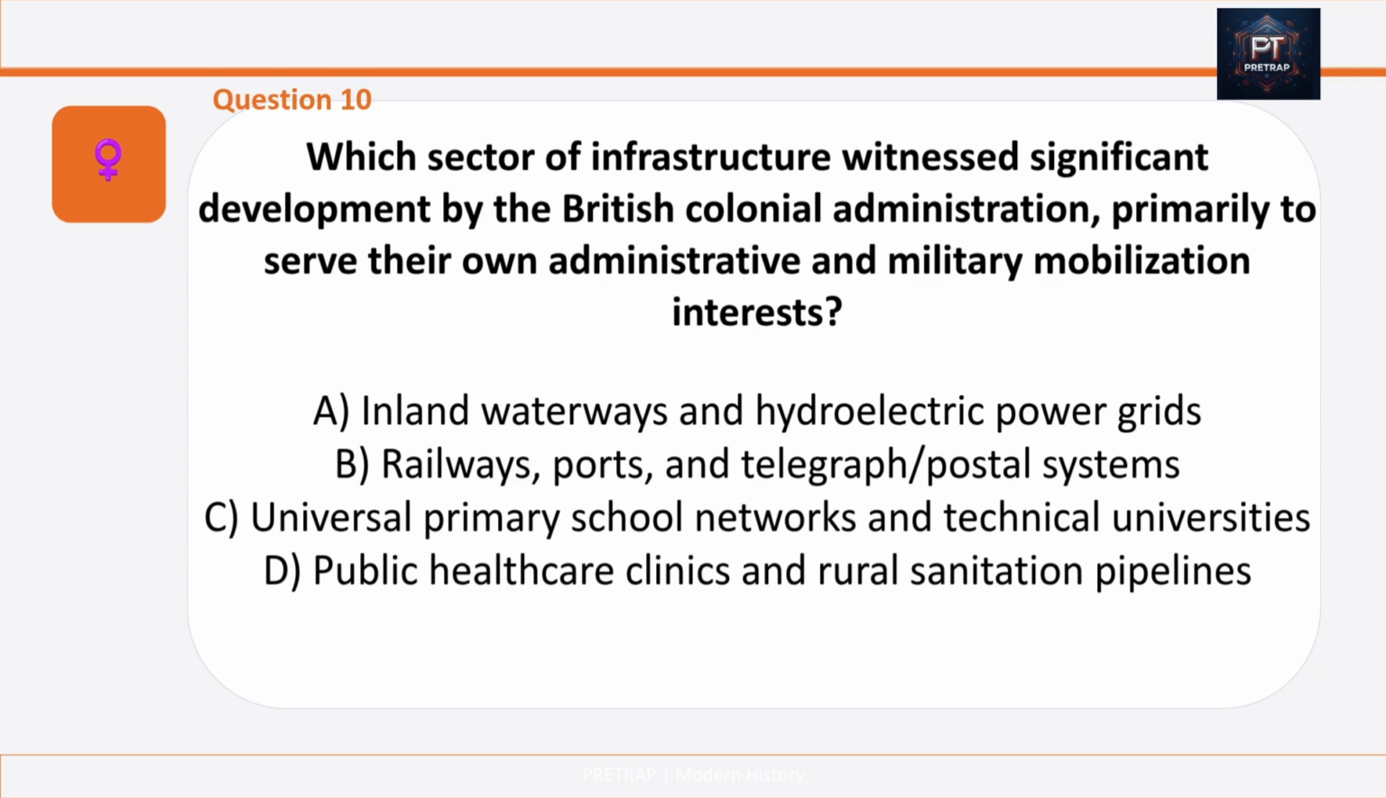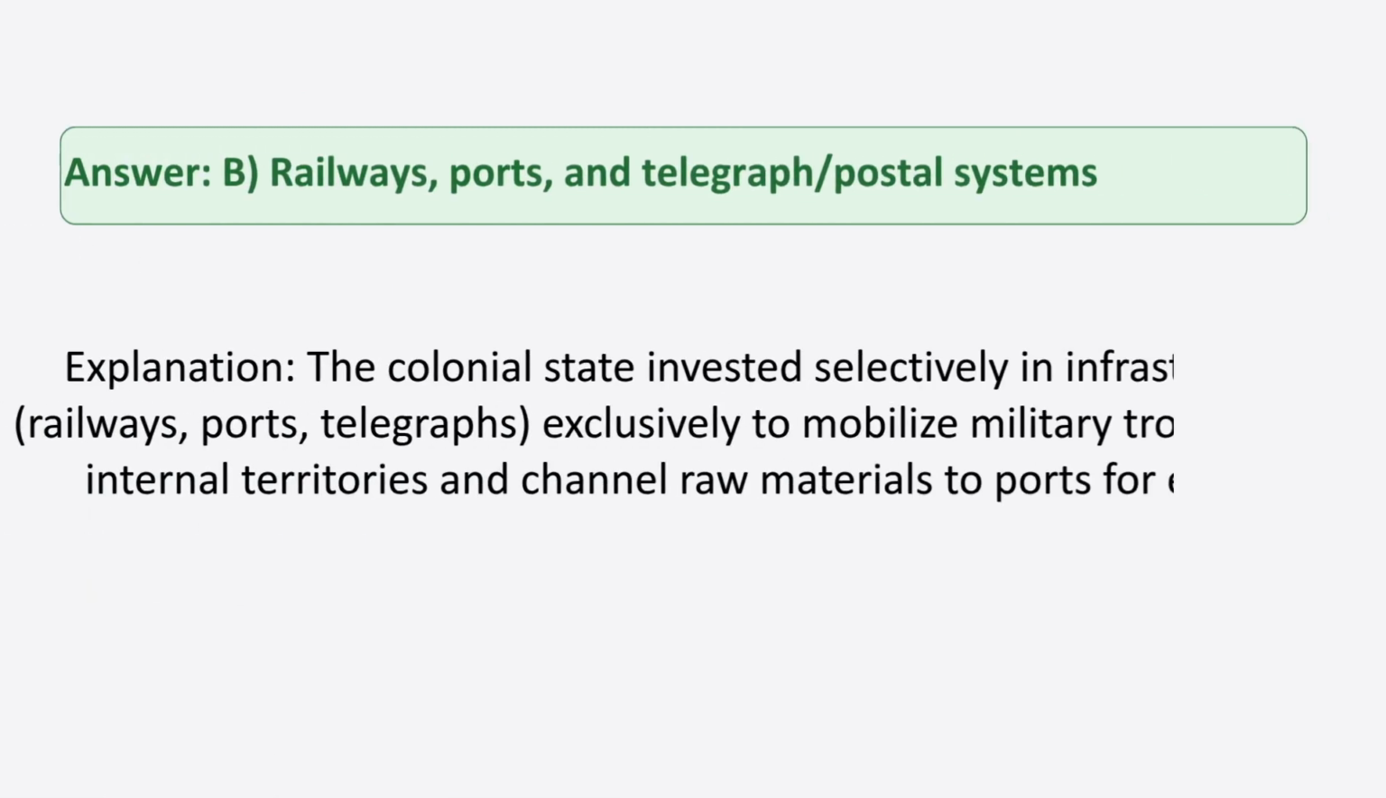Option C, universal primary school networks and technical universities. Option D, public healthcare clinics and rural sanitation pipelines. And the answer is option B, railways, ports and telegraph. The colonial state invested selectively in infrastructure exclusively to mobilize military troops across internal territories and channel raw materials to